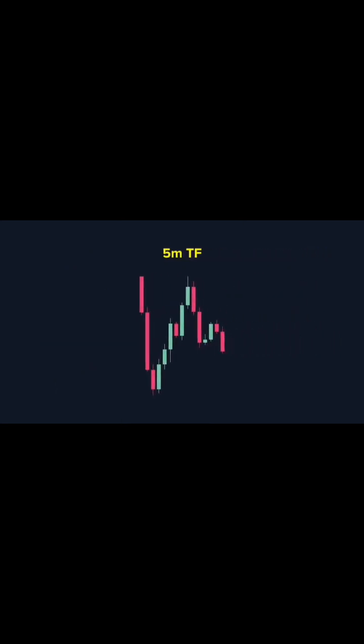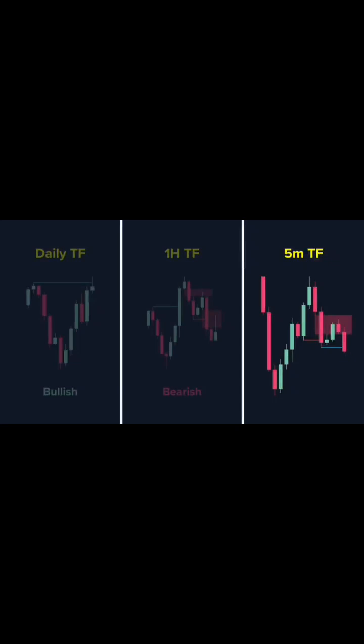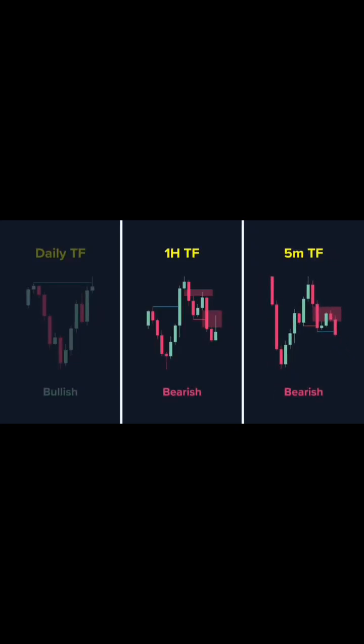Instead, we can just continue our top-down analysis process by now looking at the 5-minute chart. And by again going through the same process of analyzing the price action, we can see exactly where the market created a reversal in its order flow with this bearish change of character, which then followed up by respecting this bearish fair value gap, before then creating the next bearish move down, resulting in a new bearish break of structure. So now, after doing this quick analysis, we have now confirmed that the order flow of the 5-minute chart is bearish, and in the process of this, we have also confirmed that the market is currently respecting the hourly bearish